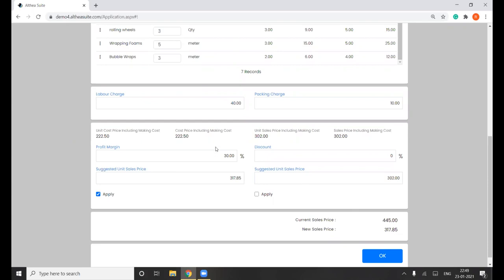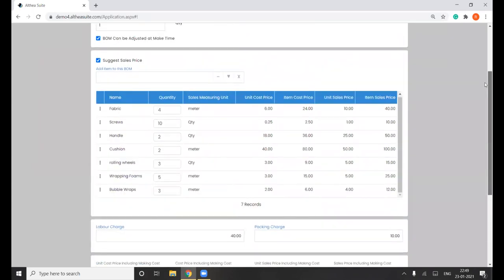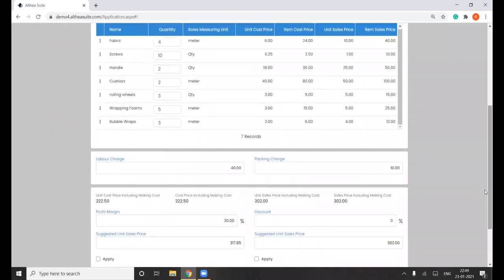Similarly, if I don't want to calculate as per the costing, I have another way, that is by selling price. As I have explained to you, if I consider the selling price also of these raw materials, I can see the overall total sales price which is required for all of these raw materials is $302. So that is the overall price which has been coming up. You can keep it the same, or if you want to give some sort of a discount, because you can see that 302 is the selling price and your in-house costing is